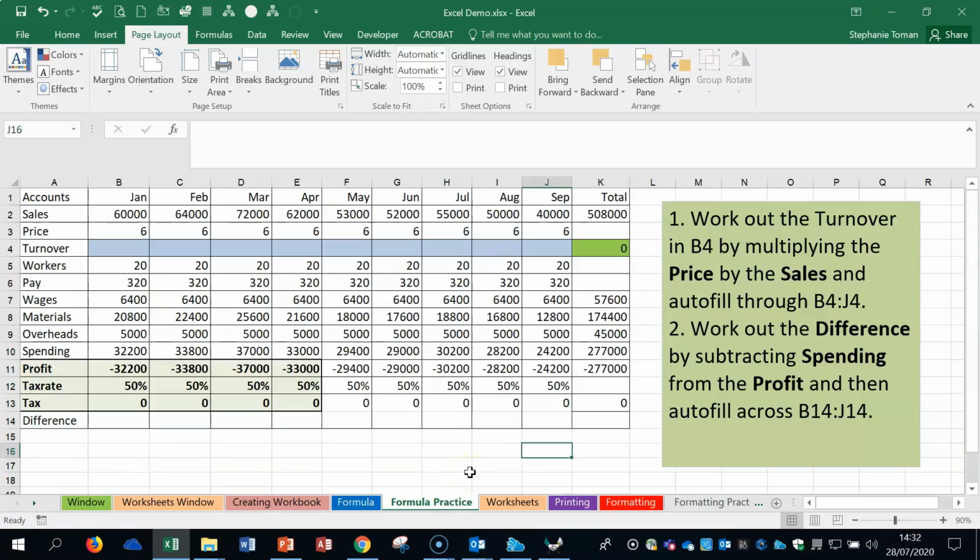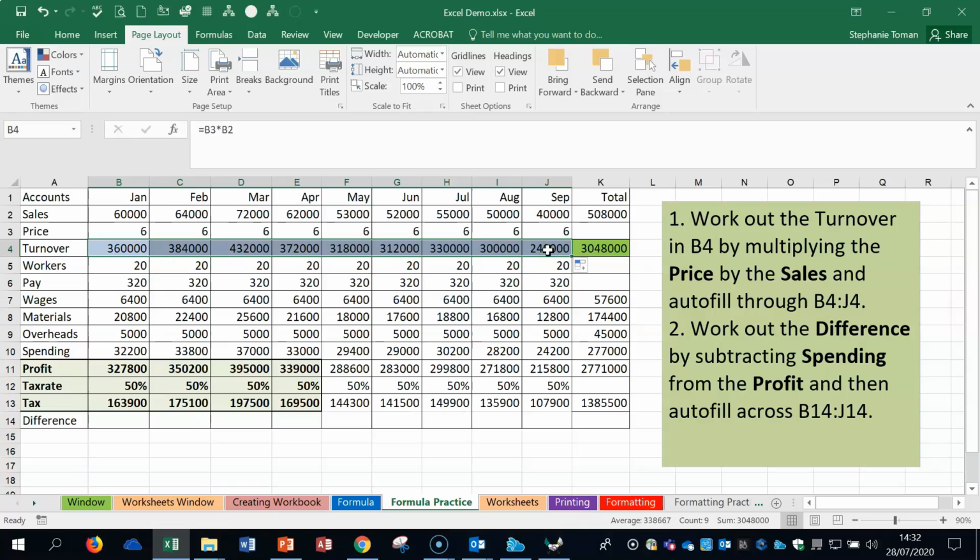Okay, moving on to some formula practice. Let's have a little go at this. So remember, we're going to work out the turnover in B4. So we click in the B4, type in an equal sign, and then we're going to multiply the price. It could be the name of the cell rather than saying 6. And then we're going to use a multiply, remember our operators, and then we're going to times the sales and enter. And remember, you click in the corner, go to that little small black cross and drag and drop to